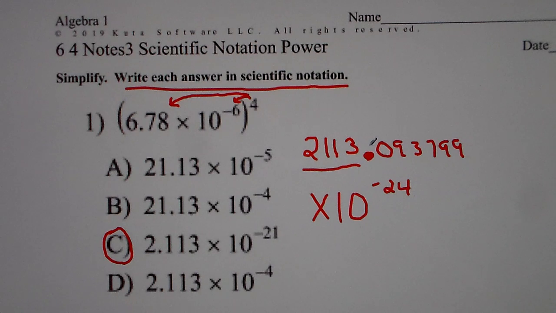Scientific notation has to have only one number to the left of the decimal. So we have to move this decimal place to the left a couple times. In fact, we have to move it 3 times. So since I'm moving it to the left 3 times, 1, 2, 3 times, I'm going to change that number to